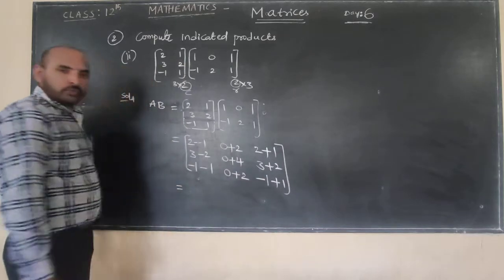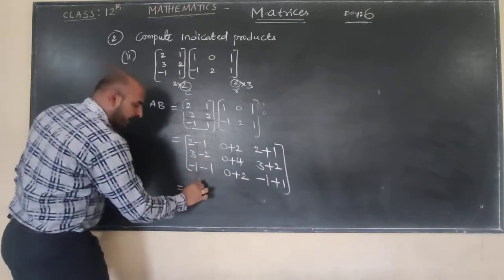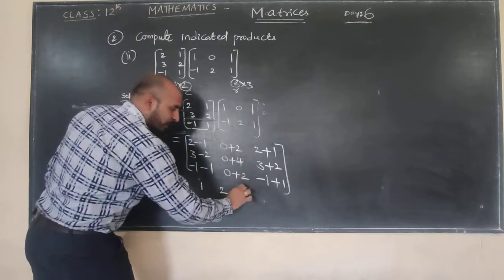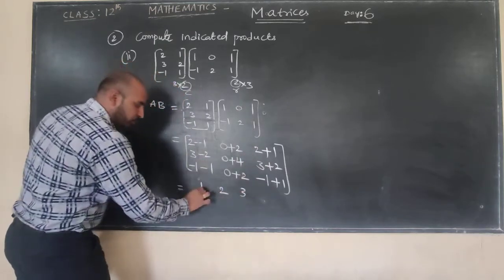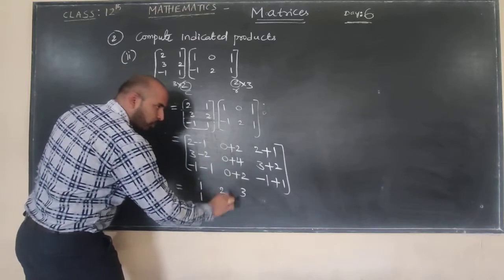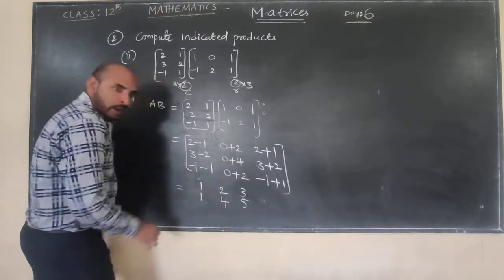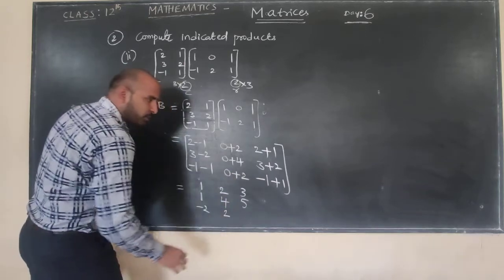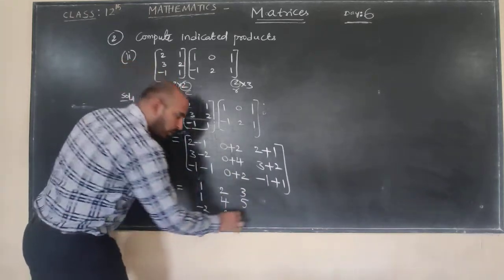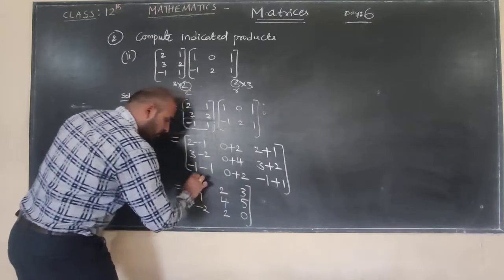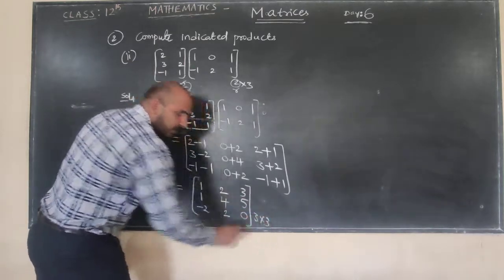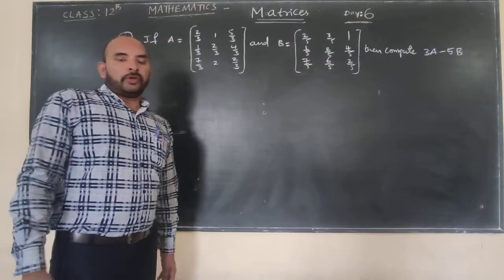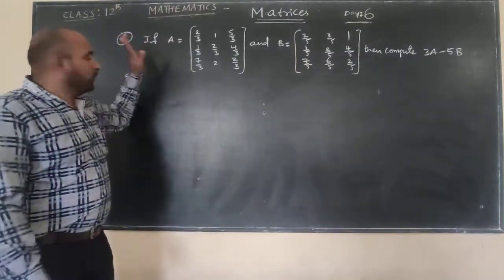which is equal to 2 minus 1, 1, 0 plus 2, 2, 2 plus 1, 3, 3 minus 2, 1, 0 plus 4, 4, 3 plus 2, 5, minus 1, minus 1, minus 2, 0 plus 2, this value is 2, minus 1 plus 1 becomes 0, this value is totally 0, which is also 3 cross 3. Product exists. Next, coming to the third problem.